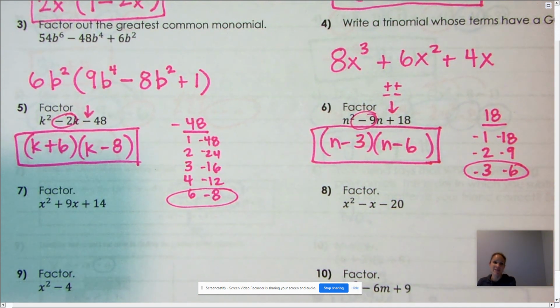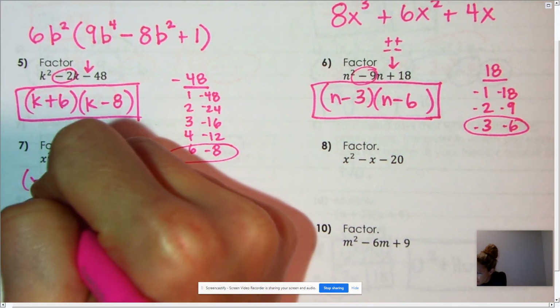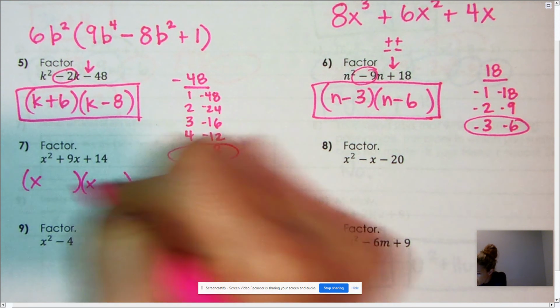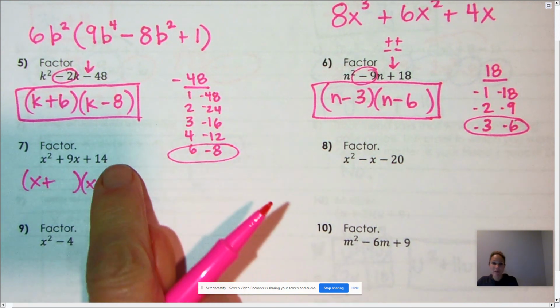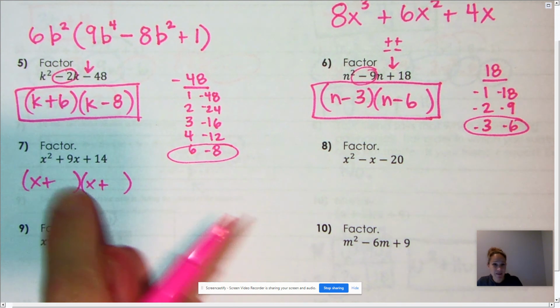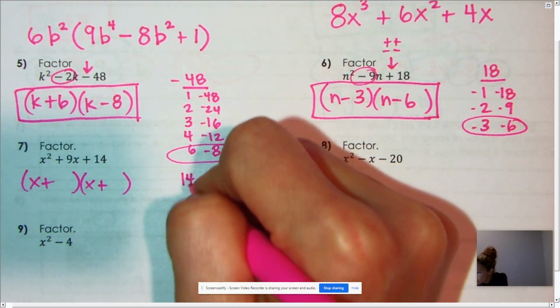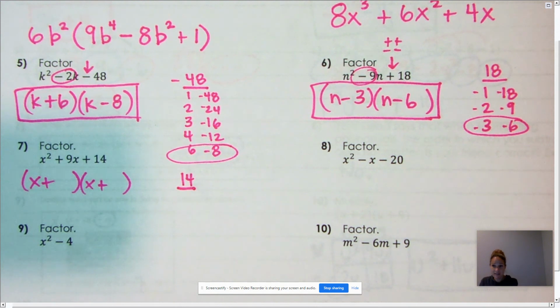Okay. Number 7's way easier because it's all positive. So looking at number 7, I'm going to put my parentheses. I'm going to put an x in each one. I know it's going to go plus and plus. You might be looking right now at the 14 and be like, that's 2 times 7. That makes 9. I know my answer. Fill it in. Okay. But if you're stuck, what you can always do is make a little list of what